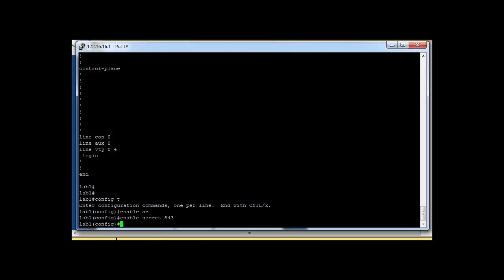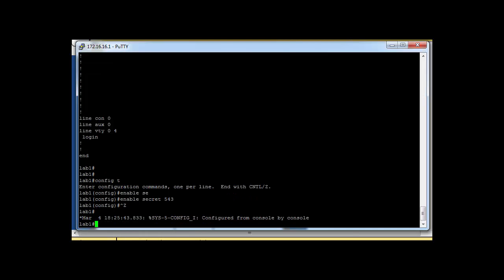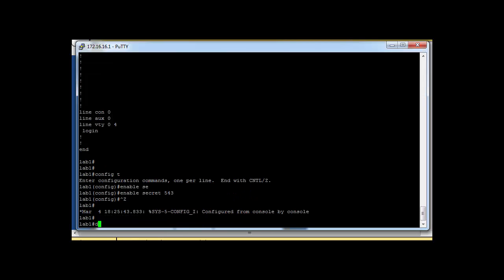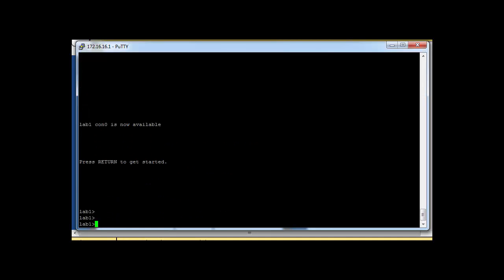Let's check the secret password from user execution mode to privileged mode. Press Ctrl Z, so it goes directly to privileged mode, then say exit or disable. Now give enable once again. First it will prompt you for the normal password, so I'll give my normal password 123.